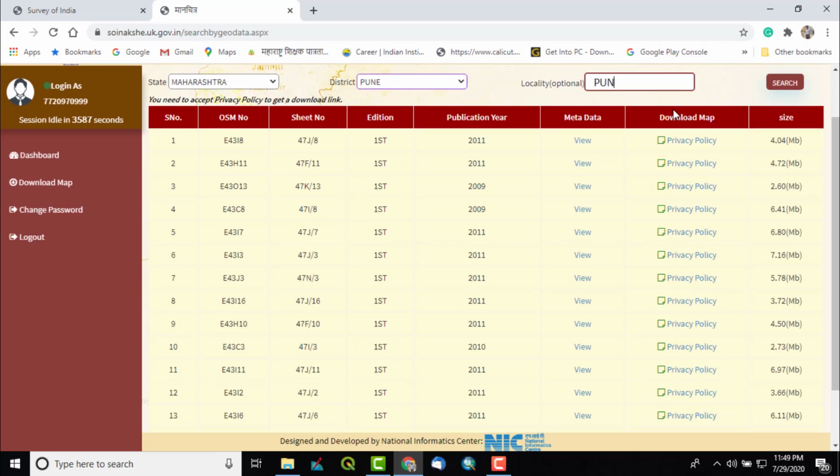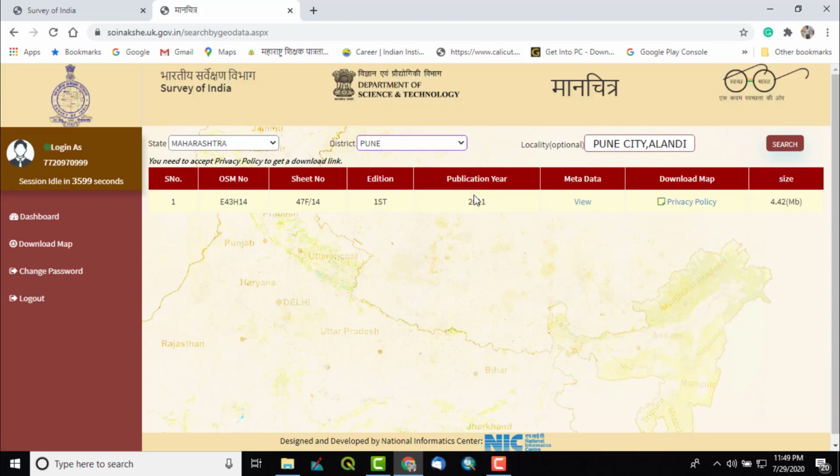So again I will do Pune city and search. So it will give me only one result. So the OSM number, OSM index number is separately given.